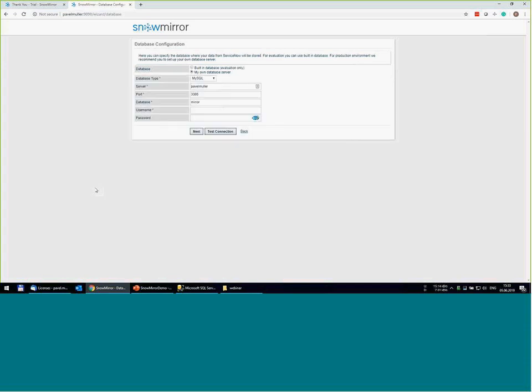So this is going to be a database option. As you can see, we've got several options like MySQL, MariaDB, including the AWS RDS, the managed MySQL. We support Oracle, Postgre, and SQL Server, again including the managed SQL Server in Azure or other platforms. So let's pick SQL Server, and